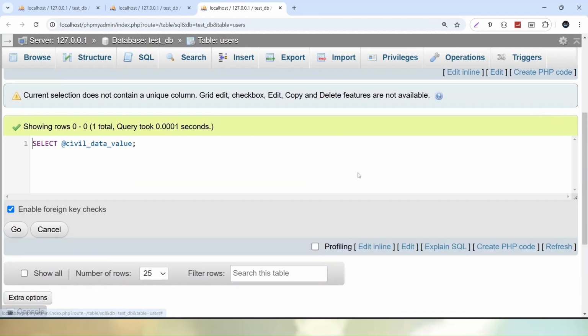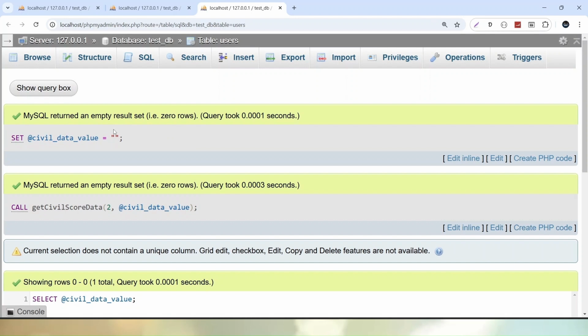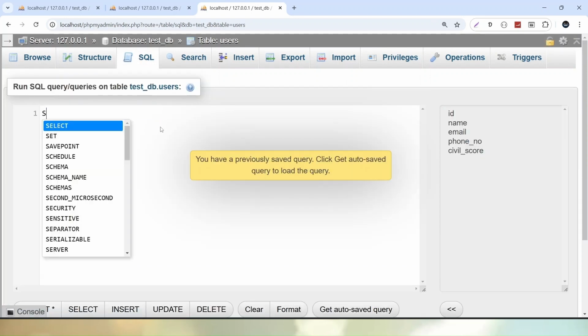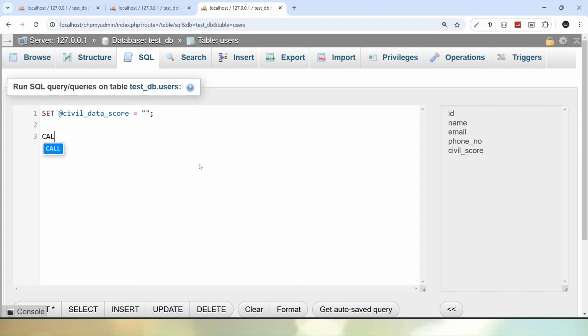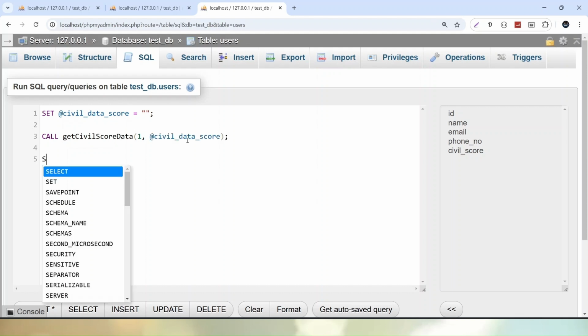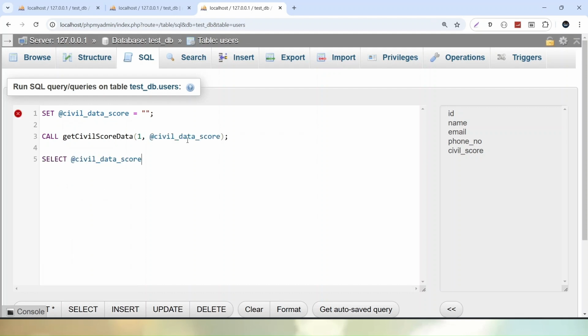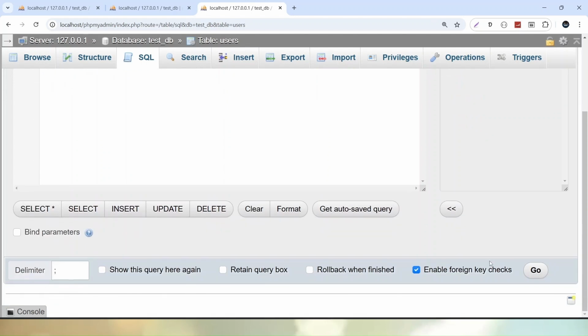So if I click on this edit inline, not here, click on the SQL tab. Let's say set civil data score, initially an empty value. Call the stored procedure. Now this time I will pass this one user ID. Let's copy this variable and pass it here so that we can store the score value, and finally let's select it as, let's say, score value. If I copy the whole code and click on go button,